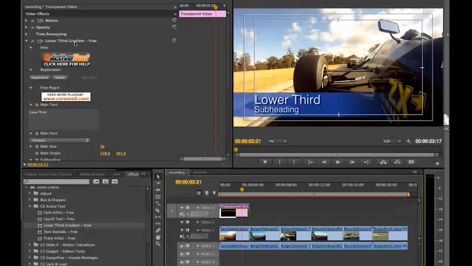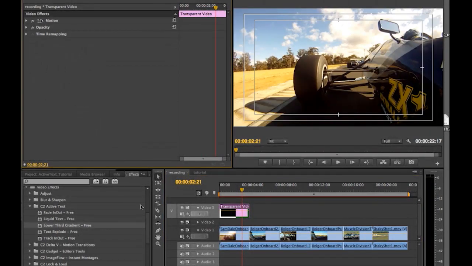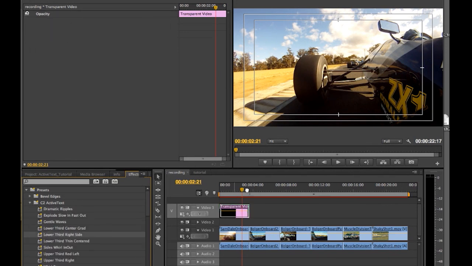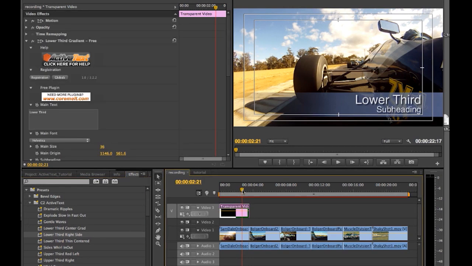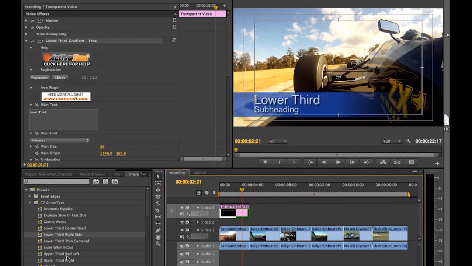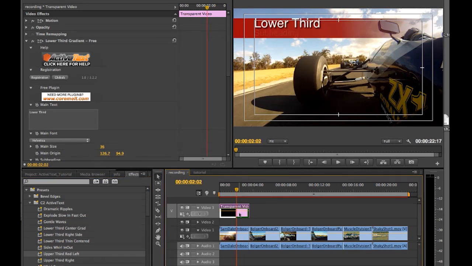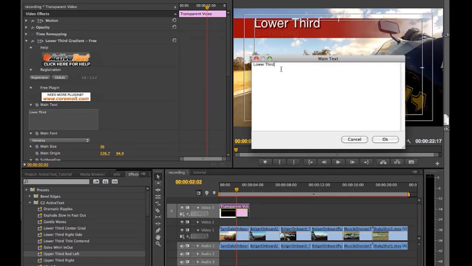main text, subtext and gradient all fade in separately. And as well as the basic plugin, there's a whole bunch of presets for all the plugins, so you can take a look at the different pre-made templates we've set up, and you've got complete control of the gradient, color, and position and layout of these. And also, when you've got one that you're happy with, and we put in our main text and subtext,